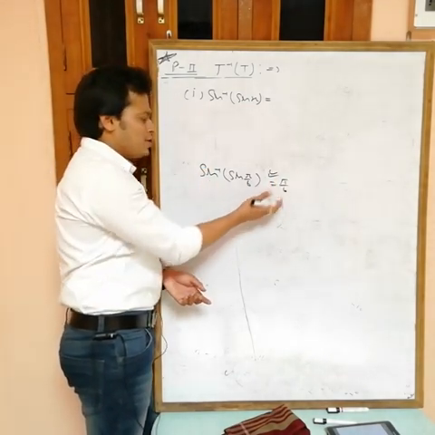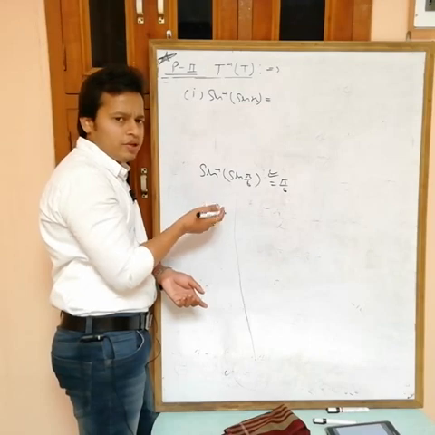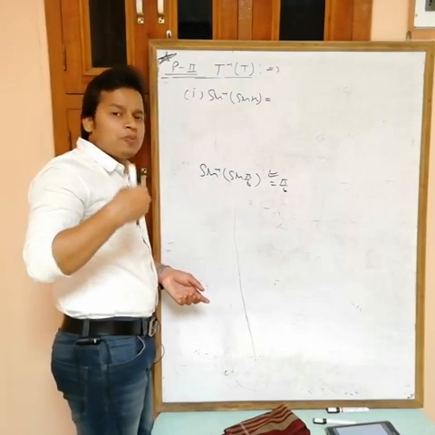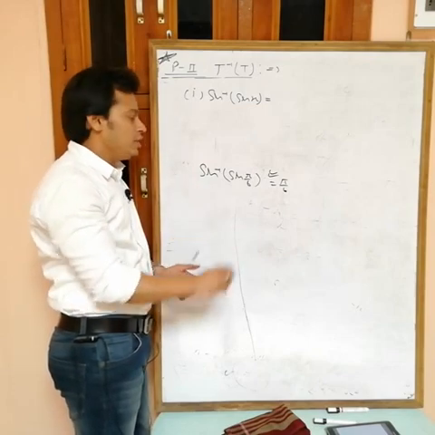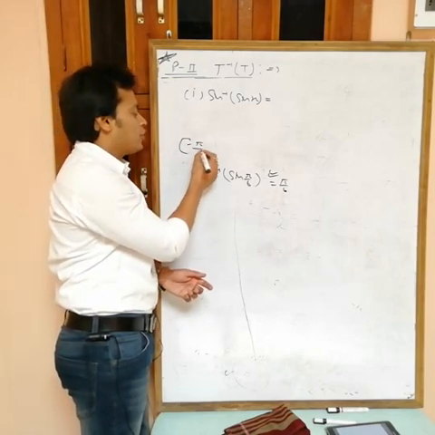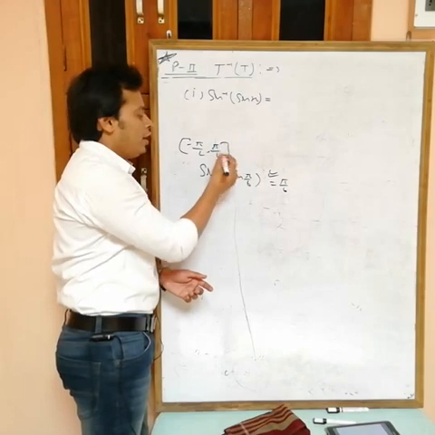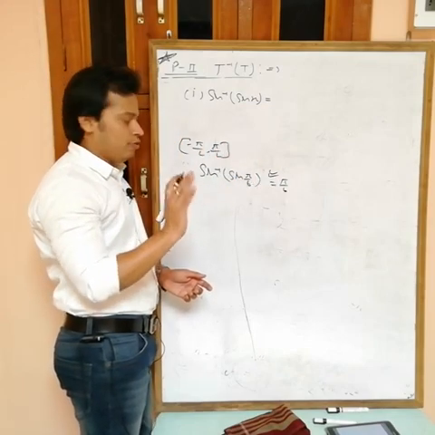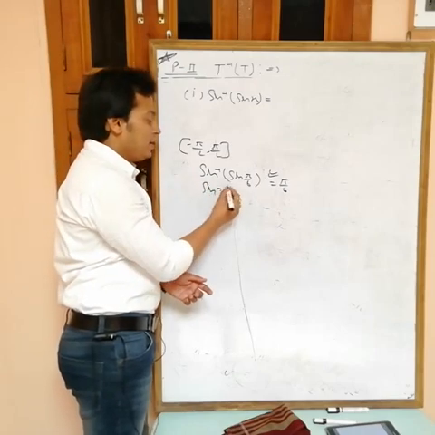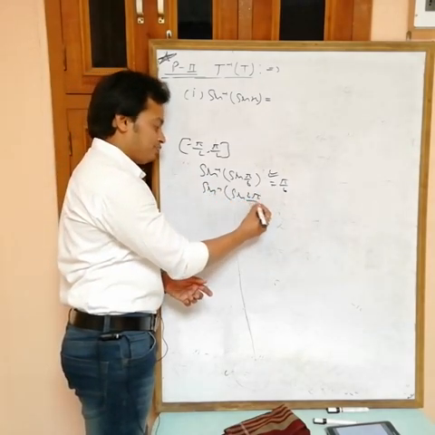At this time this is okay, because pi by 6 can be the value of sine inverse. The range of sine inverse is minus pi by 2 to plus pi by 2. So the value of sine inverse always lies in the interval minus pi by 2 to plus pi by 2, and at this time we are getting a value which lies in this interval. So okay, no problem. But sine inverse of sine 2 pi by 3?